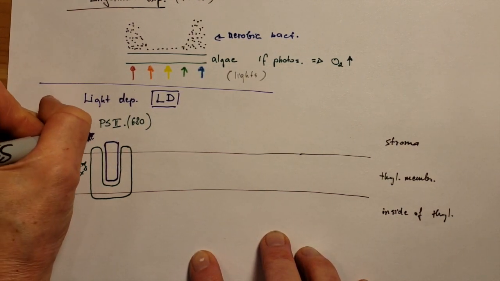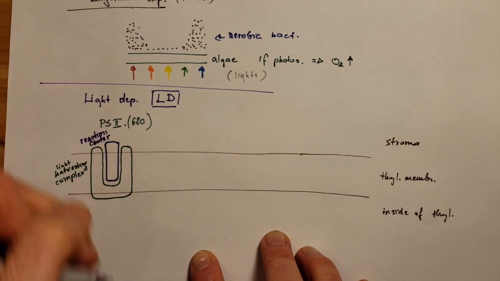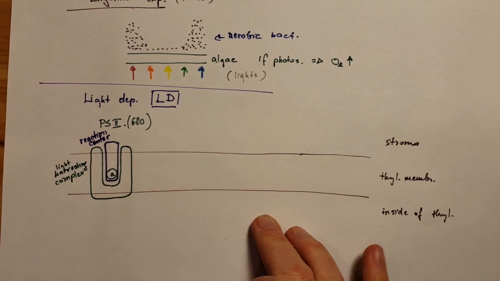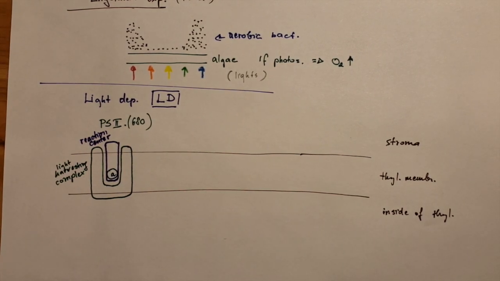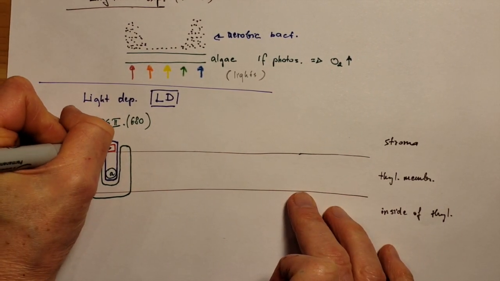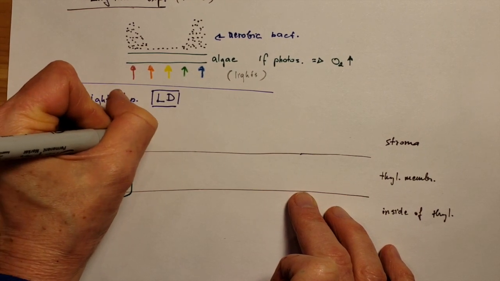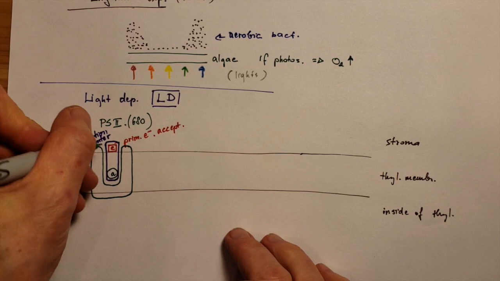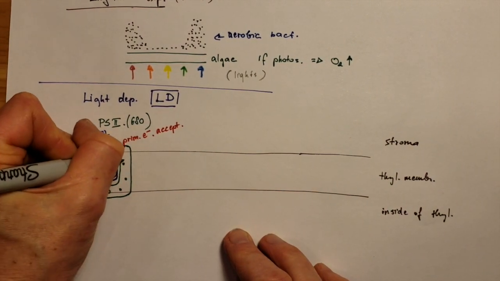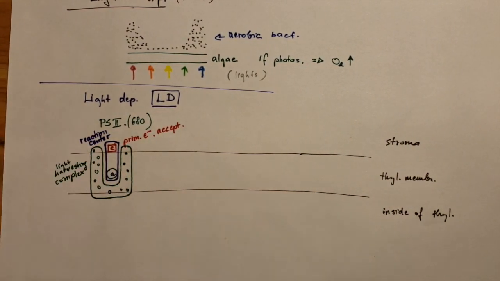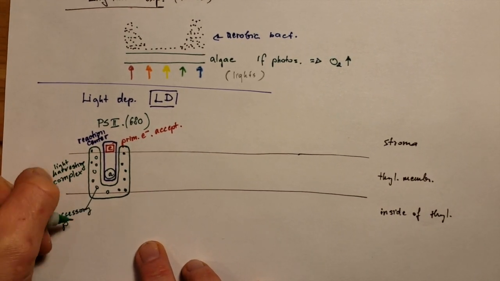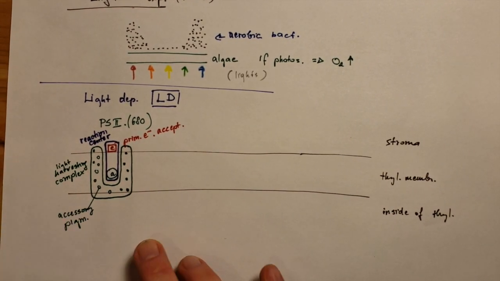Inside of it is the reaction center. The reaction center at the bottom contains the chlorophyll A, and at the top is the primary electron acceptor. Inside of the light harvesting complex, there are the accessory pigments, the carotenoids and chlorophyll B, and they absorb the light